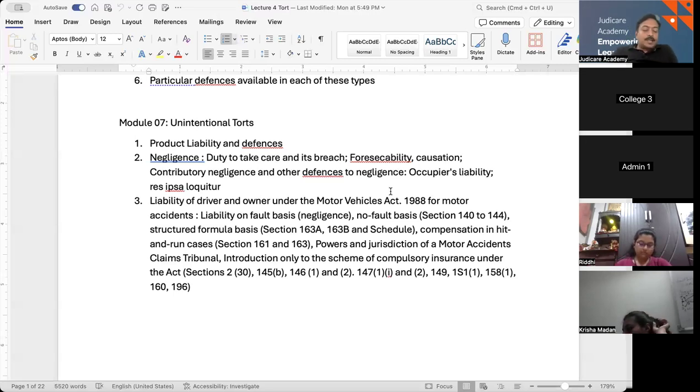For example, if a surgical instrument is left inside a patient after surgery, the event itself suggests negligence, because in this whole activity of opening the patient, doing the operation and stitching back, the very nature of it shows that it is negligence on the part of the surgical team. The court may rule that the mere occurrence of the event indicates a lack of proper care and management during the surgical process.